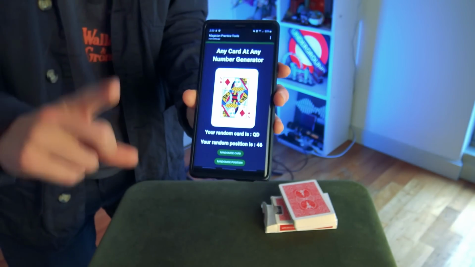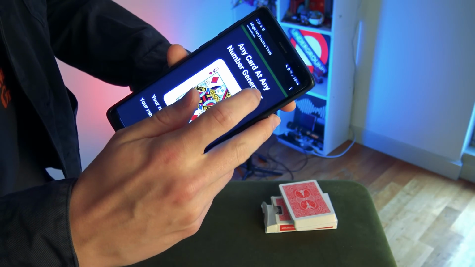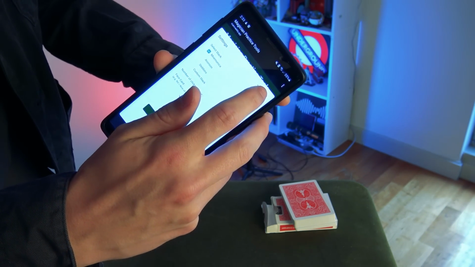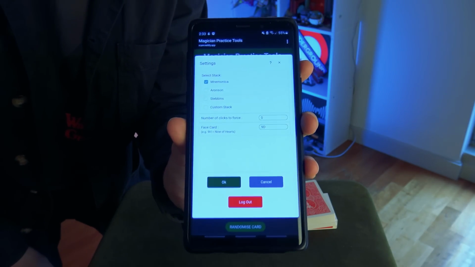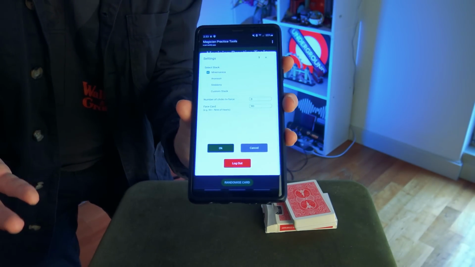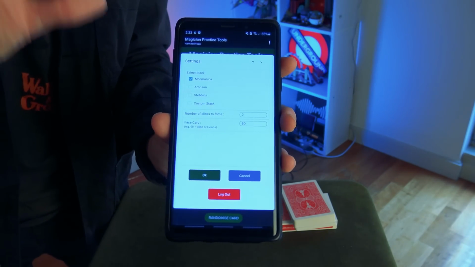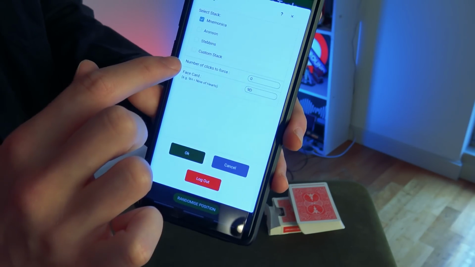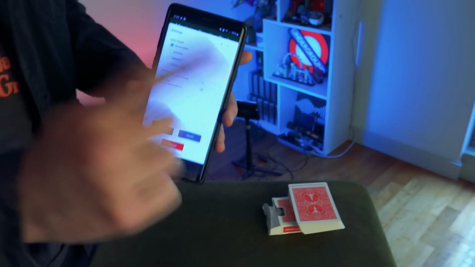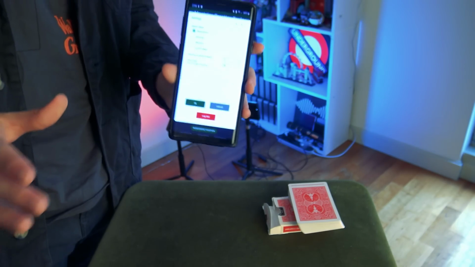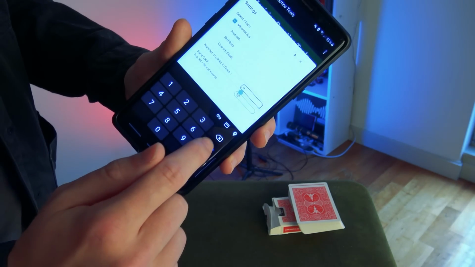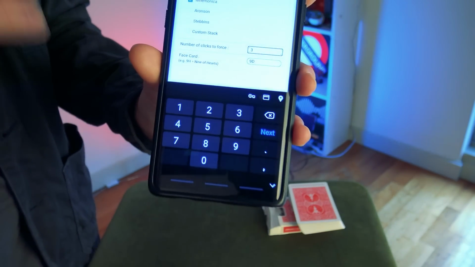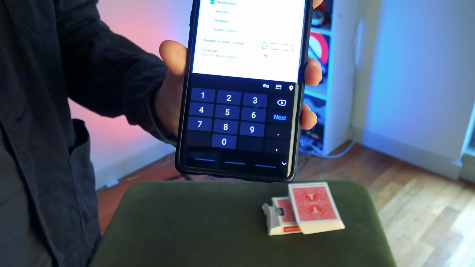But if you don't like the one more hit thing, all you need to do is scroll up, and then where it says Magician Practice Tools, hit the full stop in that, and you are met with this, which I like to call the customization page, because this is where you can truly make the trick your own. You can change pretty much everything. Where it says number of clicks to force, in this case it's set to 0, which just means the force will happen straight away. But if you want, you can change that to 3. Right? So it's no longer 0, it's 3, which means 3 clicks, and it will match the stack.